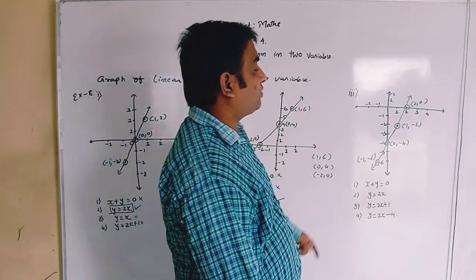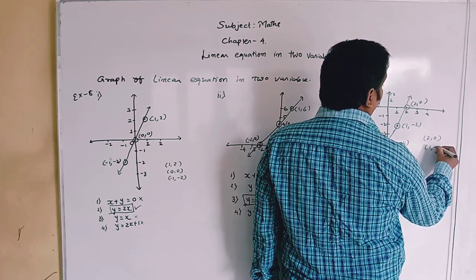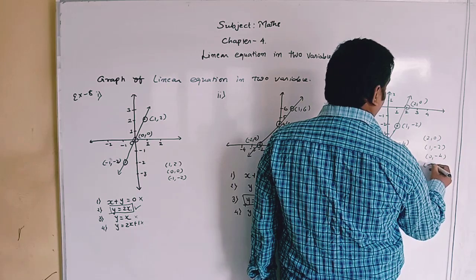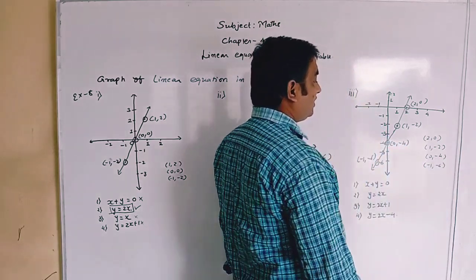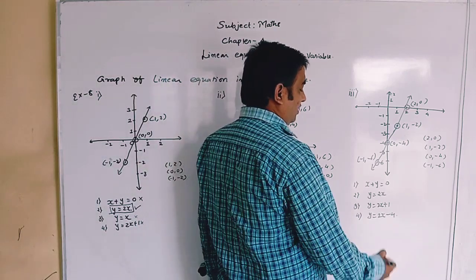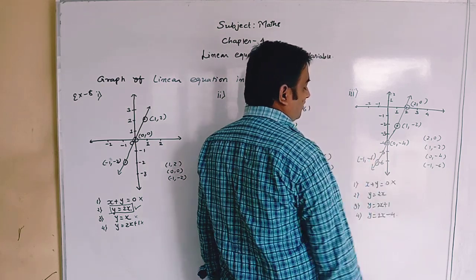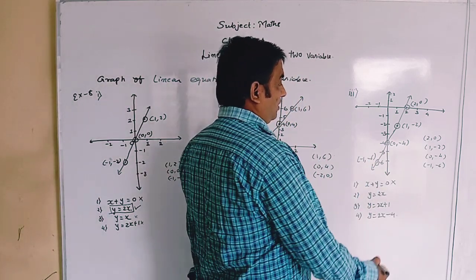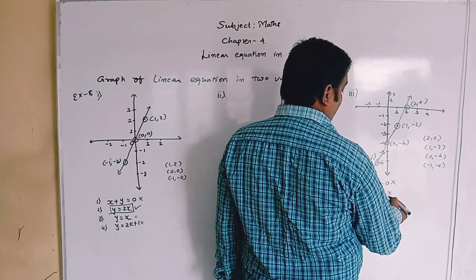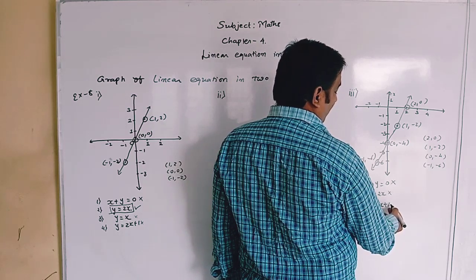For the third graph, 4 points are given: (2, 0), (1, minus 2), (0, minus 4) and (minus 1, minus 6). We have to see which equation satisfies all 4 conditions. In the first equation, 2 plus 0 equals 2, which is not 0, so it is wrong. In the second, 2 times 1 is 2, but minus 2 is given, so it is also wrong. In the third, 2 times 2 is 4 plus 1 is 5, which is also wrong.